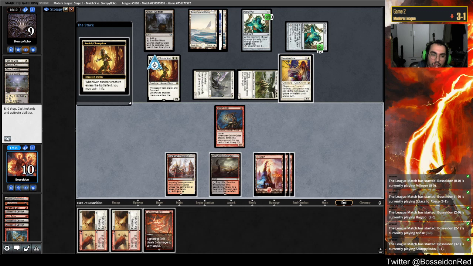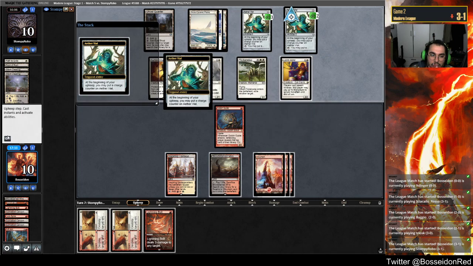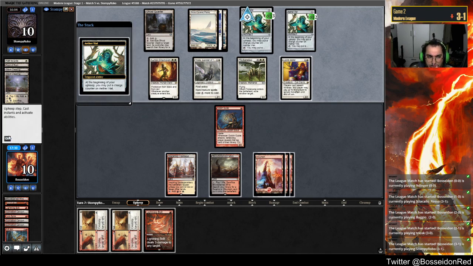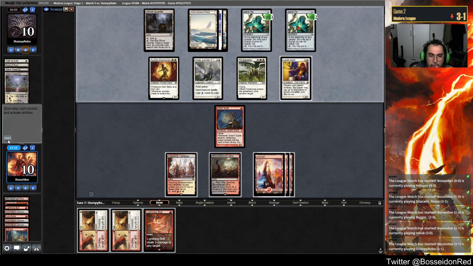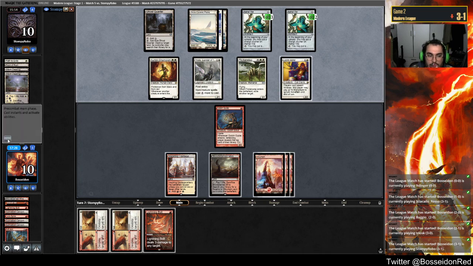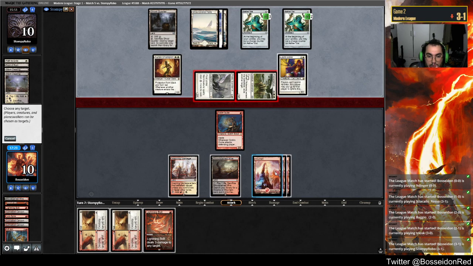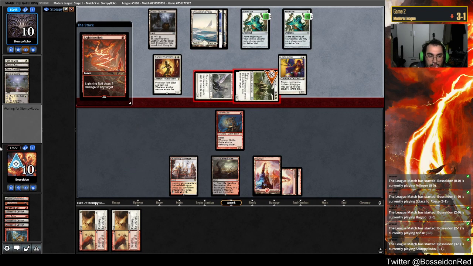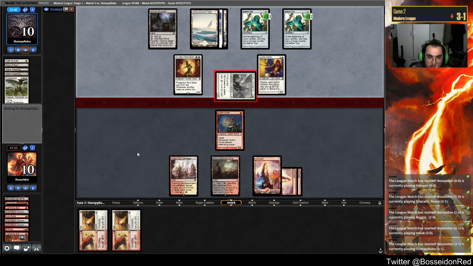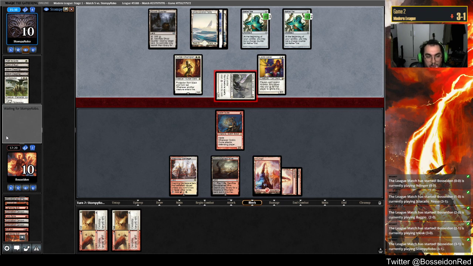Land in Arbiter is fine. Does he realize I don't have any more basics? I hope not. I hope he's just ramping for Batterskull there. That would be best case scenario. I'm still dead in 2 like this. I guess I have to kill the Flicker Wisp. Does he have another? No, okay. I'm dead in 5 now, which at least means I can...